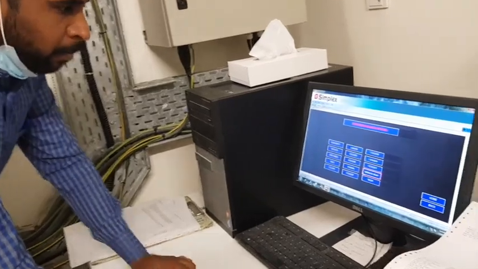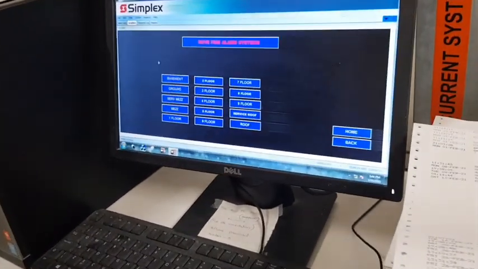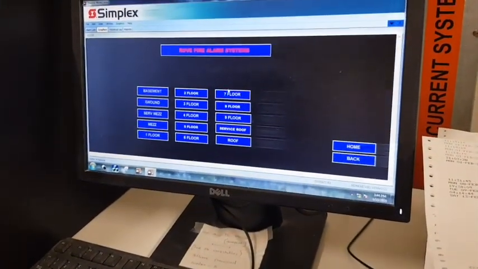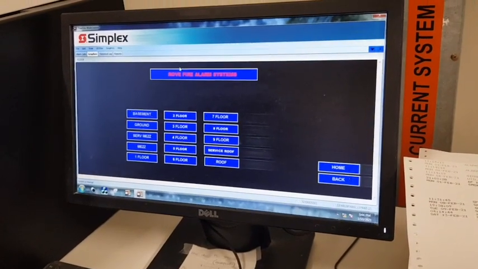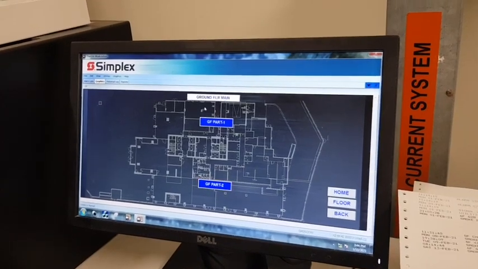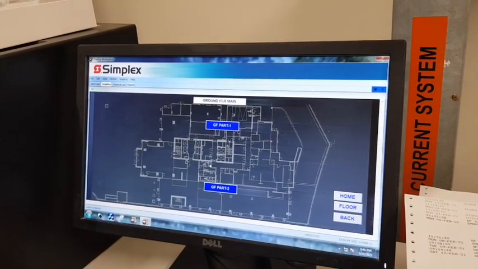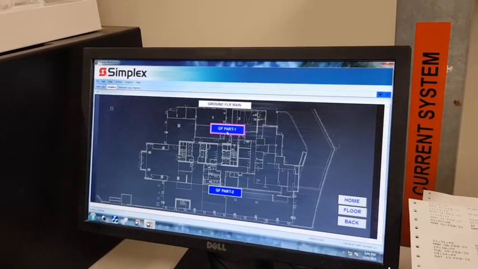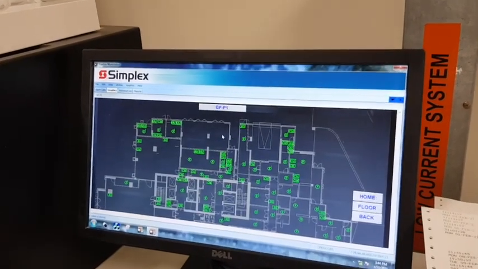floors. In my case, in No City Center, my gas system is installed on the ground floor. The gas system panel is on the ground floor, so I'll go to the ground floor. Everybody has a different way of drawing. In my case, the ground floor is in part 1 and part 2. I will take part 1 because I know the gas system is in part 1 only.